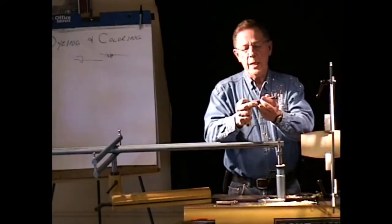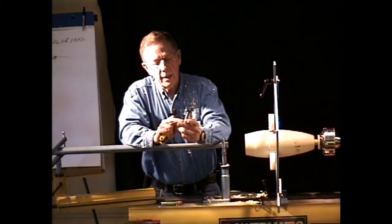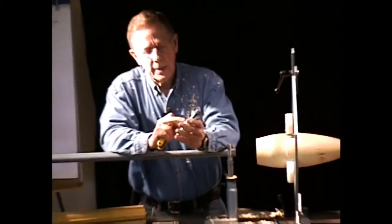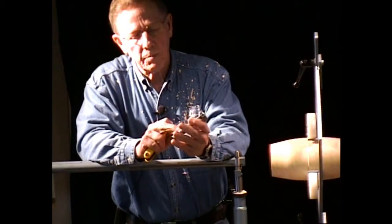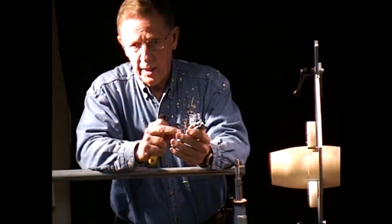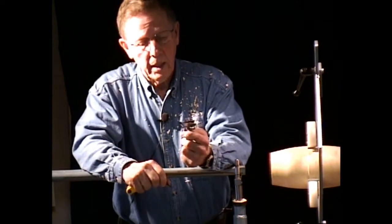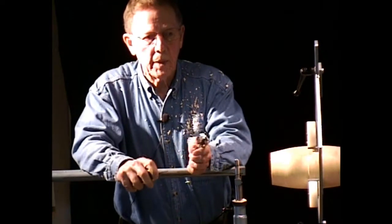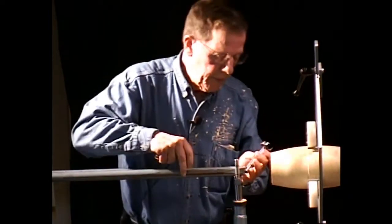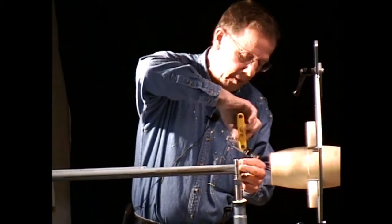So we made an adapter, and we sell this adapter, that drives a Colt bit by the little flats on it, because they use a special proprietary drive system called Rotostop. You have to have the right driver for it, and it's highly technical stuff. It frankly is beyond the capability of my limited shop. So we build this adapter, and we could, if we had these set screws out of the way maybe,